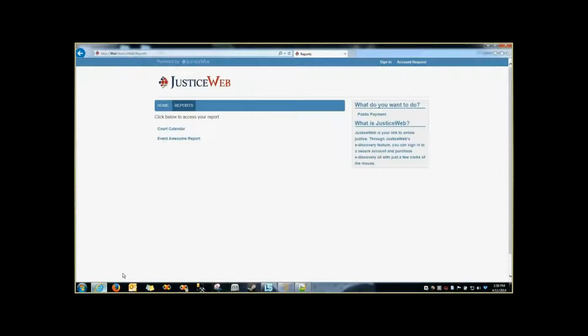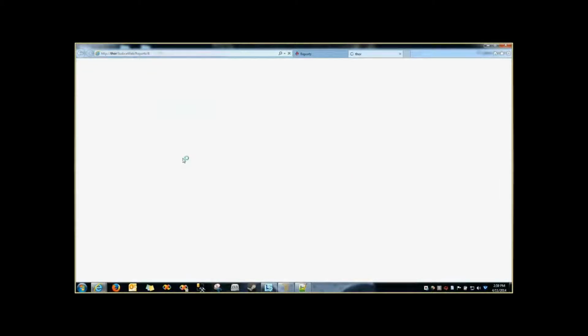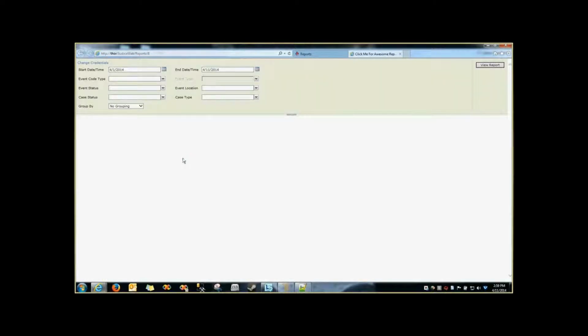If I come back to my JusticeWeb page here and hit refresh, now I have the Click Me for Awesome report option here. So if I click Me for Awesome report, the report it's going to load is that advanced calendar report. So just like you see in JusticeWeb, it comes up with the parameters across the top. You can fill in those parameters and then get the information out of JusticeWeb, just as you would expect in